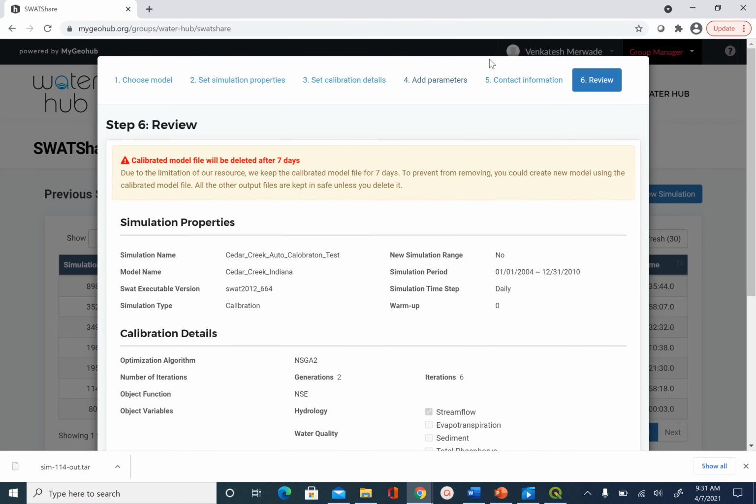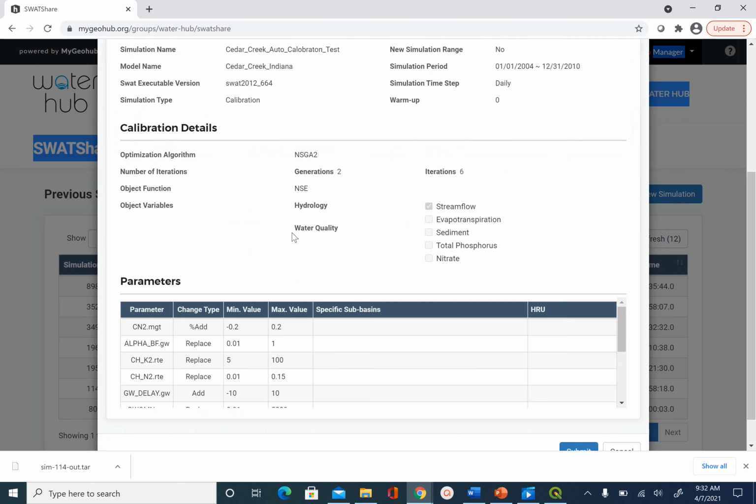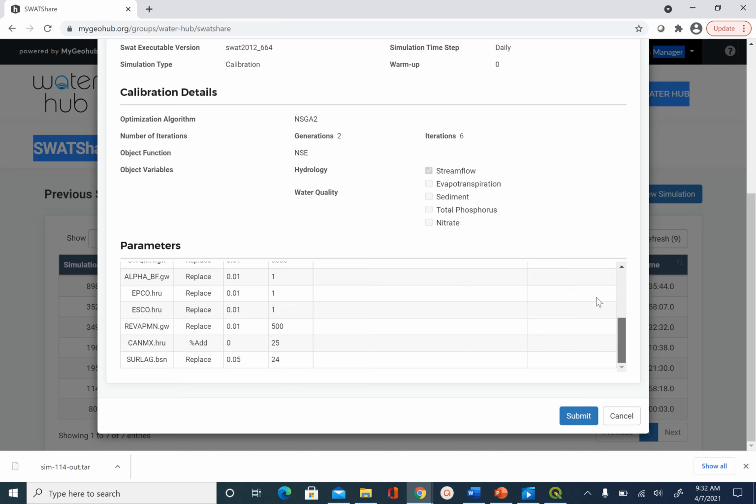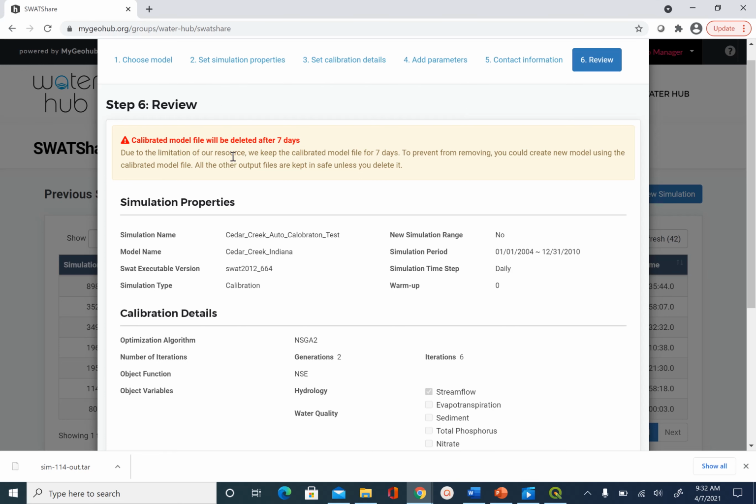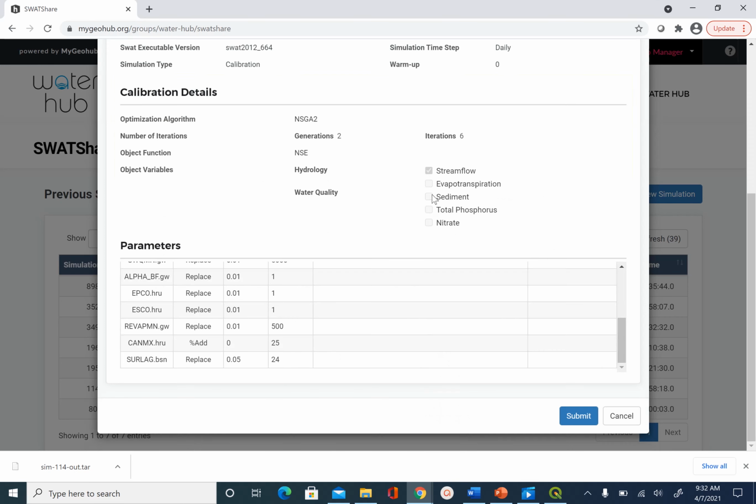And then finally you have to review and make sure everything looks good. So all the parameters that we have specified, all the parameters related to the calibration. And one thing you want to remember is the calibration will be done and then you have to download the data, otherwise it will be deleted. Since this is all stored on the internet, there are limitations on how many days you can keep your data on MyGeoHub, at least for the calibration part. So just make sure after you are happy with your calibration, you download your model. So once we are happy with this, we say submit,